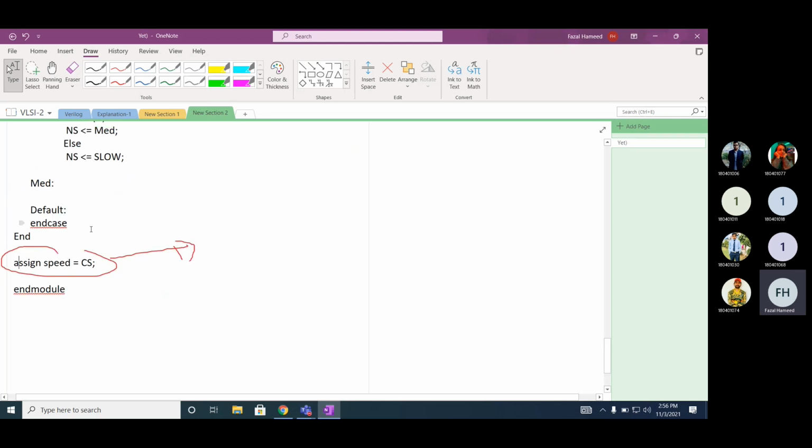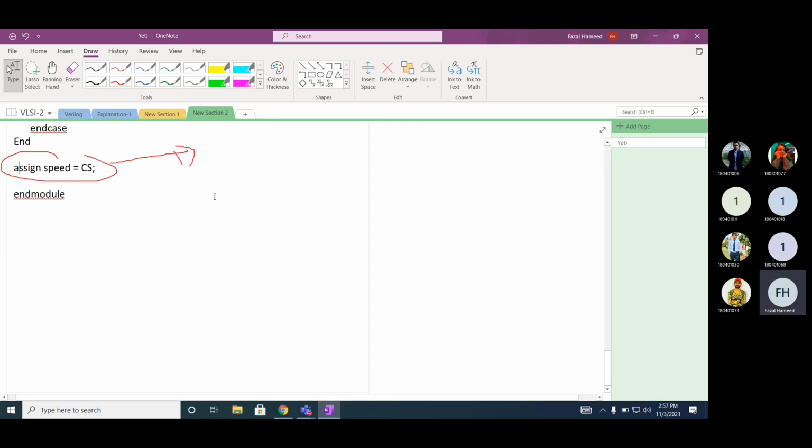Now we study the state encoding. It's very important to give a proper encoding for different states. Now let's assume a scenario. We have four different states. In a speed controller, how many states were there?